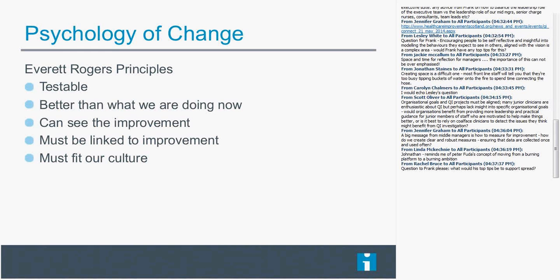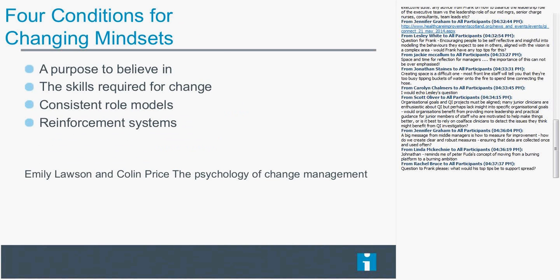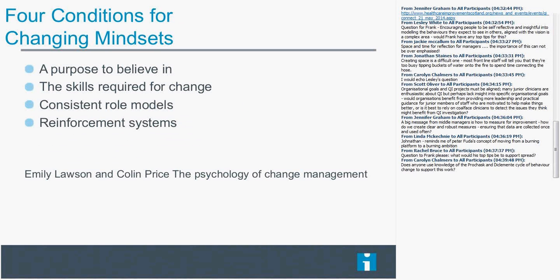So one of the areas that I think has been a real challenge for some organizations is the surgical checklist. In one organization, they were at 100% compliance with the checklist, but when I dug a little bit deeper, it was with the tick boxes in the checklist, not the purpose of the checklist. They really didn't understand why the checklist was important. They didn't see that the checklist might result in improvement. And so that was something that we needed to work on to help them understand. And lastly, it must fit our culture. You cannot just impose something on another hospital, another ward, without fully appreciating that each one of those is its own little microculture that you need to deal with.